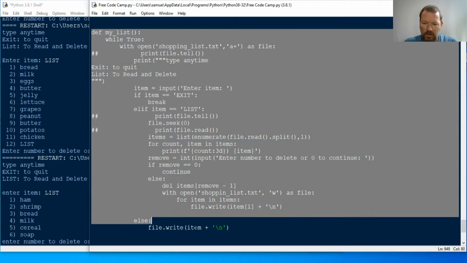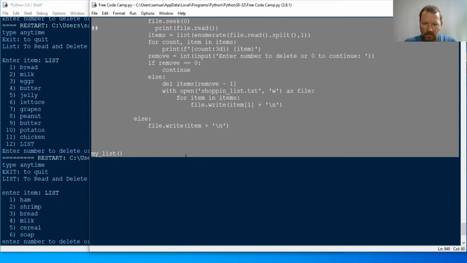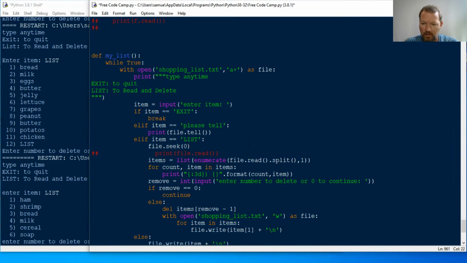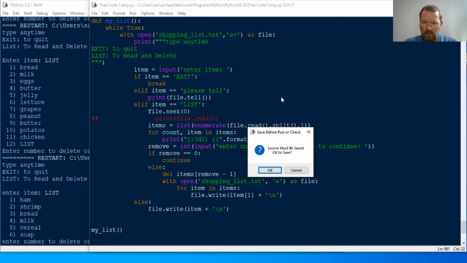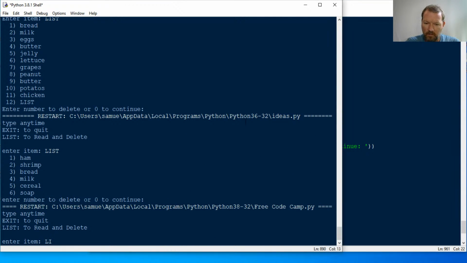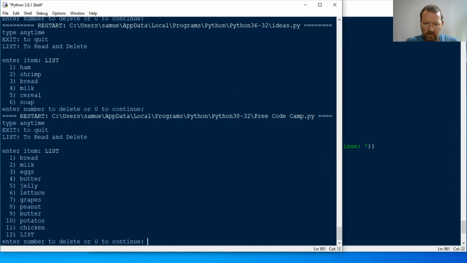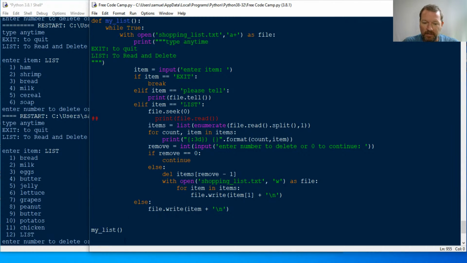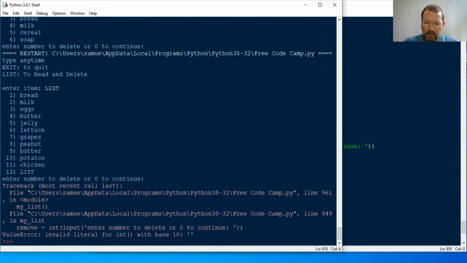So let's see where I am. List. Apparently I cannot remember the bug to get this off the list right now. So I'll need to work on that. But if I were to hit 0 here, hit